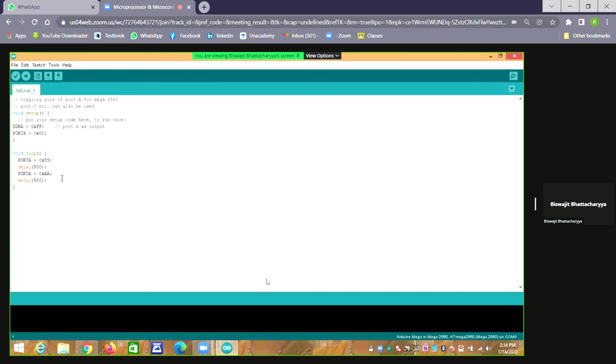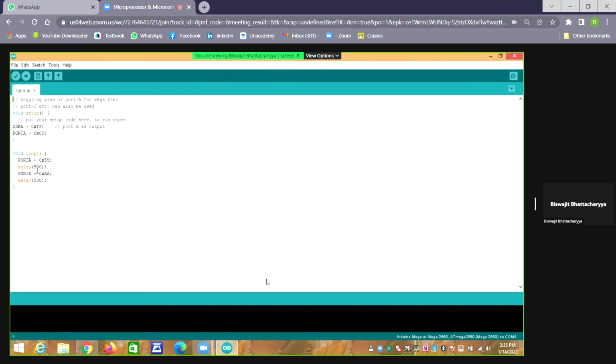We are sending zero to all the pins of port A at the beginning. Now in the loop, first we write 0x5 hex. Why 5? 5 means 0101.